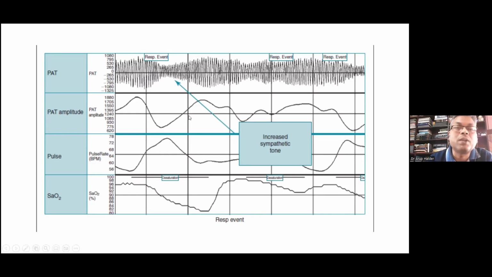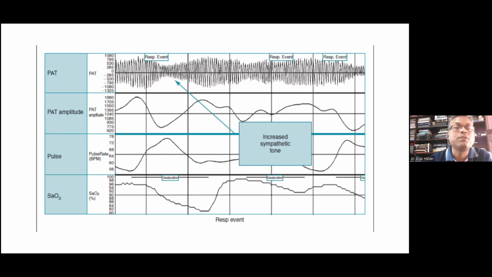This is given by the lower amplitude, and that lower amplitude is also accompanied with a higher heart rate due to the sympathetic discharge, and there is a dip of oxygen saturation if this is associated with an obstructive respiratory event. So these three together actually constitute a respiratory event index rather than the AHI in this HSAT device or home sleep apnea testing device, and this can give the REI index